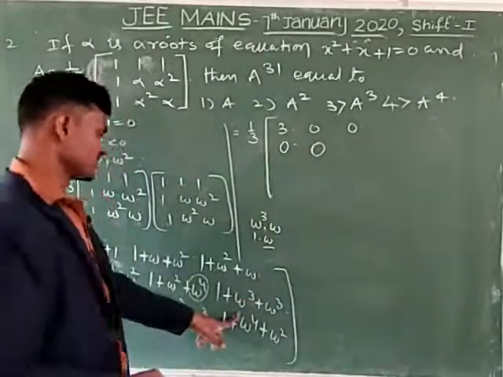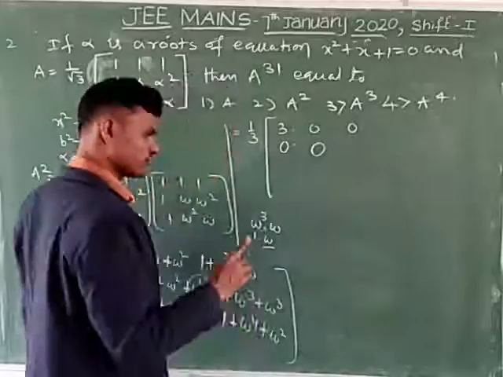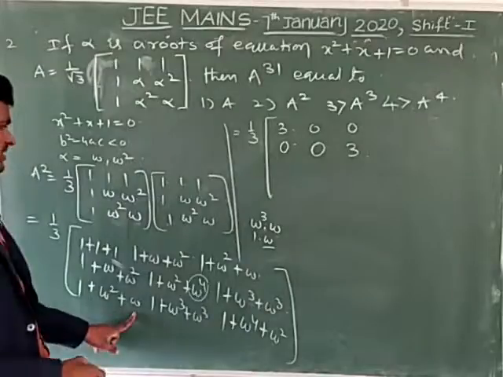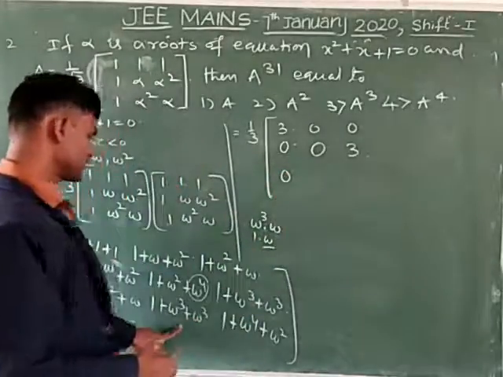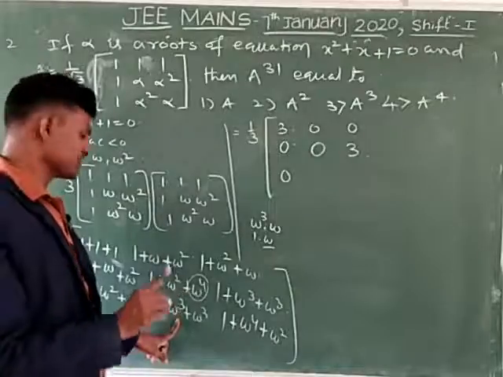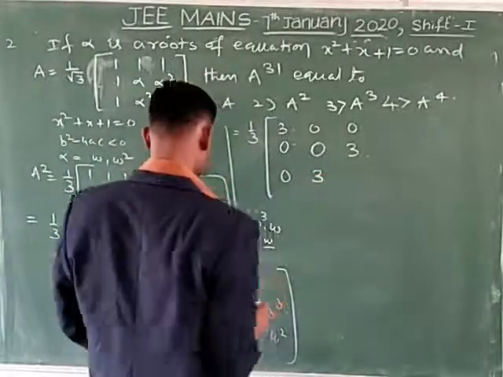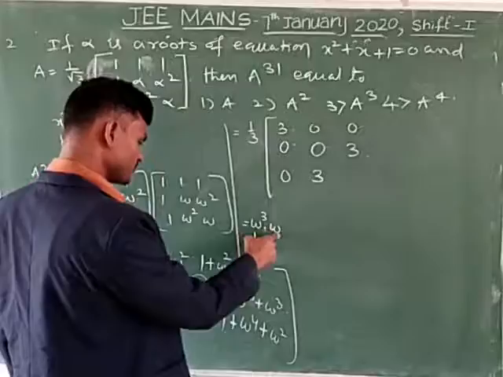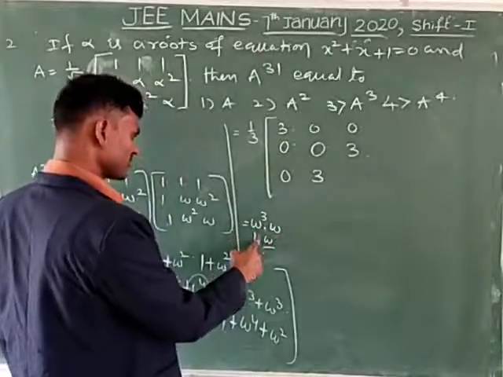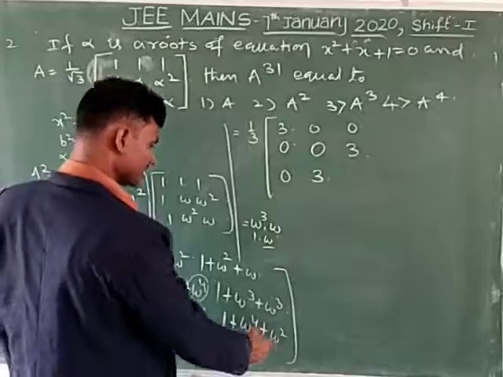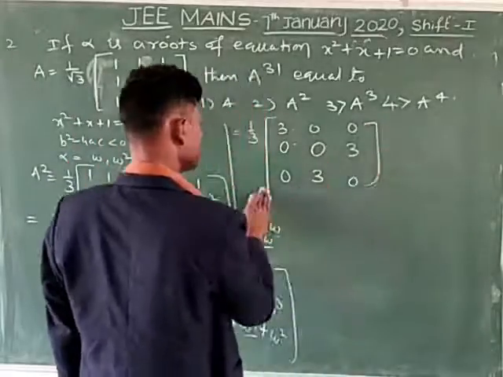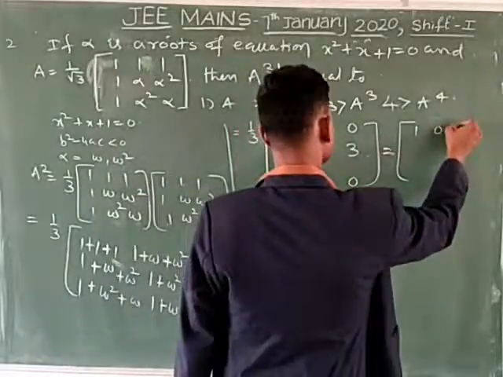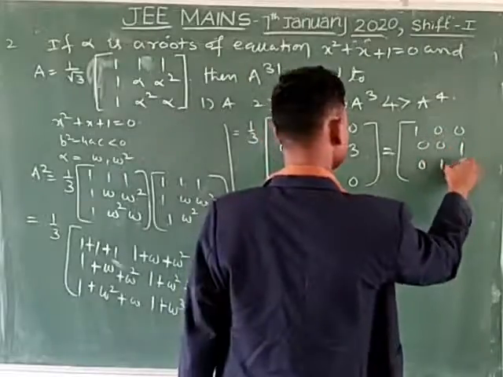Next here 1 plus omega cube plus omega cube. Here omega cube is also 1, and this omega cube is also 1. Then you have to write here 3. Next here 1 plus omega plus omega square is equal to here 0. Next here 1 plus omega cube, instead of it you have to write 1 plus 1, is equal to total 3. Here this is also 1 plus omega to the power 4, instead of it you have to write omega cube into omega. Then omega cube, instead of it you have to write 1 into omega, this is omega. Then this is also equal to 0. Now you have to take here 3 common, and it is also cancelled here. Then this is 1 0 0, 0 0 1, 0 1 0.